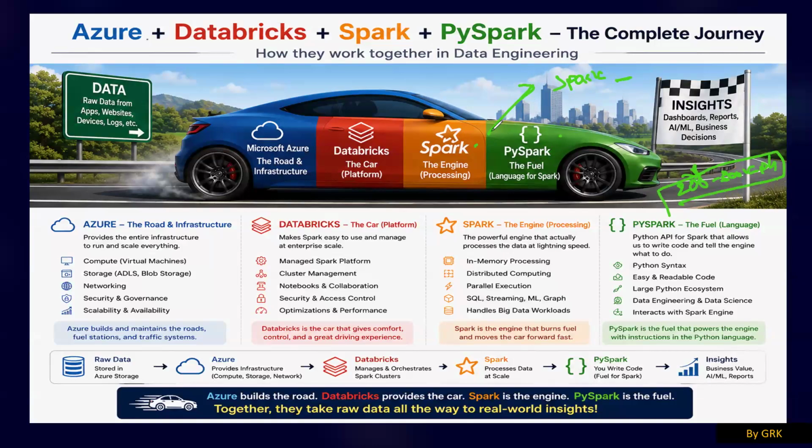To run your engine, you have to put in some fuel, like petrol, diesel, any fuel. So we will put in PySpark as the fuel. We will write the code in PySpark so that our engine will run. So Spark is an engine, whereas PySpark is the code. To work with the engine, you have to write code in PySpark. As simple as that. Now your engine is running with the better fuel, at 200 kilometers per hour.